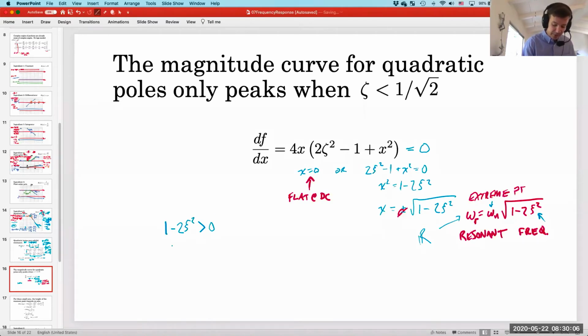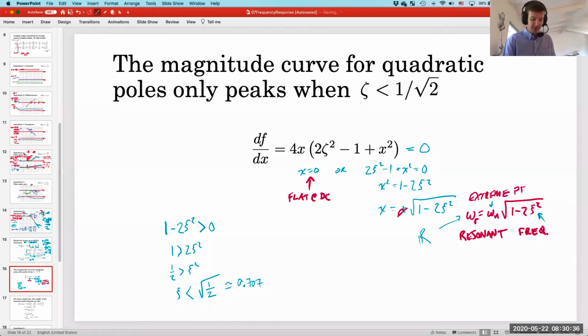Okay, well, I think we can rearrange this. 1 is bigger than 2 zeta squared, 1 over 2 is bigger than zeta squared. So zeta has to be less than 1 over root 2. For those of you keeping track at home with decimals, this is about 0.707. Again, this is a zeta value, not a dB value. I know that we get a lot of root 2s when we talk about dBs as well, but this is disconnected from that. So this tells me that we will get resonant behavior